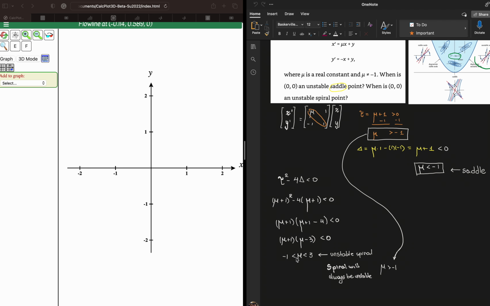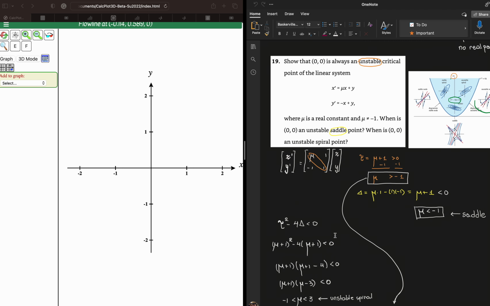because in order to be a spiral, we need to be between -1 and 3, and that definitely will satisfy this first condition. However, if we get above 3, we might not even get a spiral. So